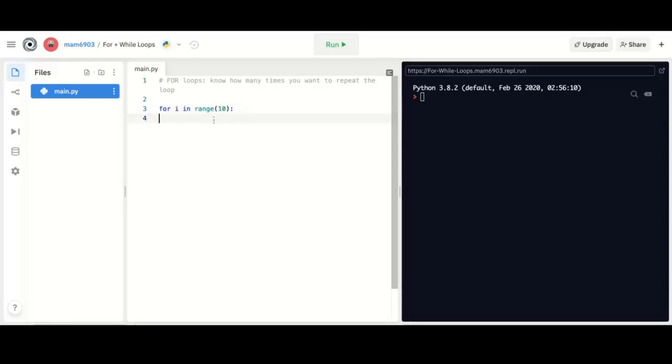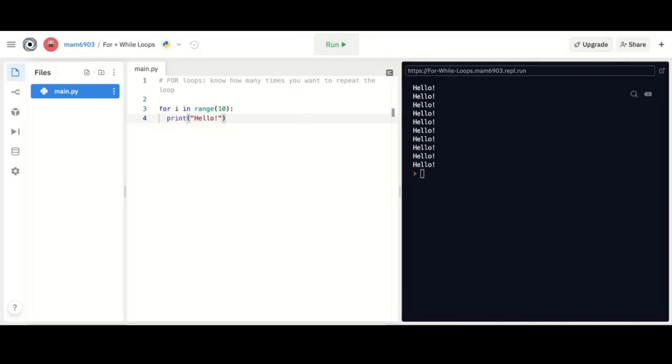Okay. So what this means is, let's just print something. Let's say I want to print hello 10 times, so I can do that. Let's run it. All right. So basically what this does is, going back to my point with the i variable, the index,